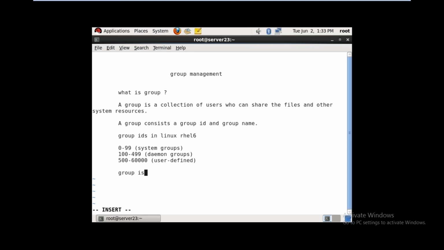Next, group IDs in RHEL 7: 0 to 999 are system groups, 1000 to 60,000 are user defined.